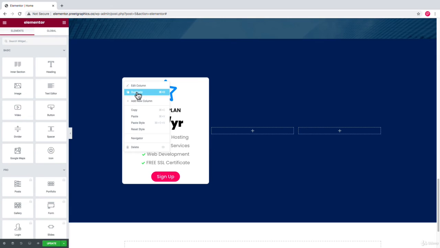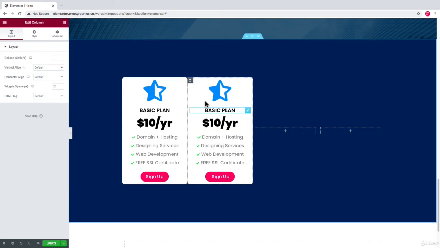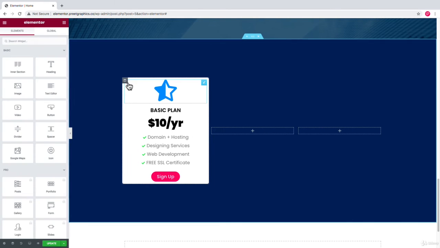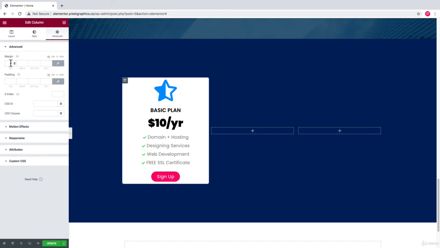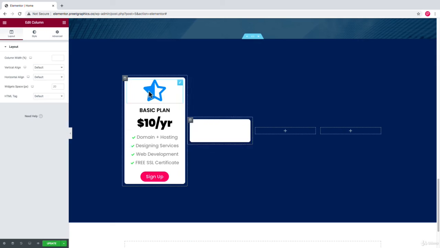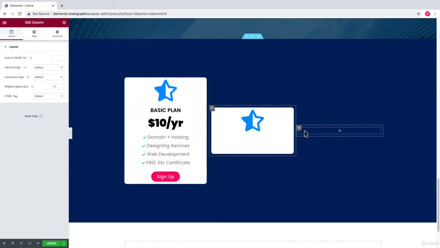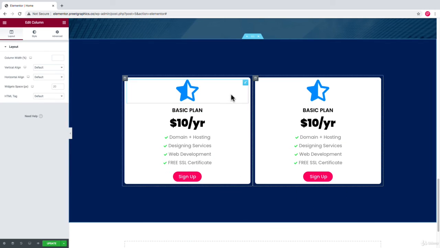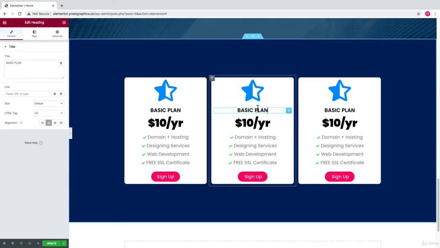Now simply duplicate this pricing table. We forgot to add margin. First of all, let's add a margin of 10 pixels. Now you can simply duplicate this pricing table. I'm going to delete these. Now you can simply duplicate, and this time you can add